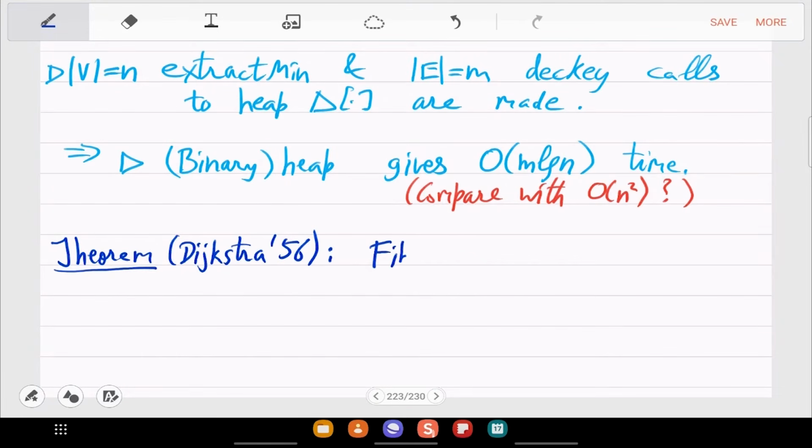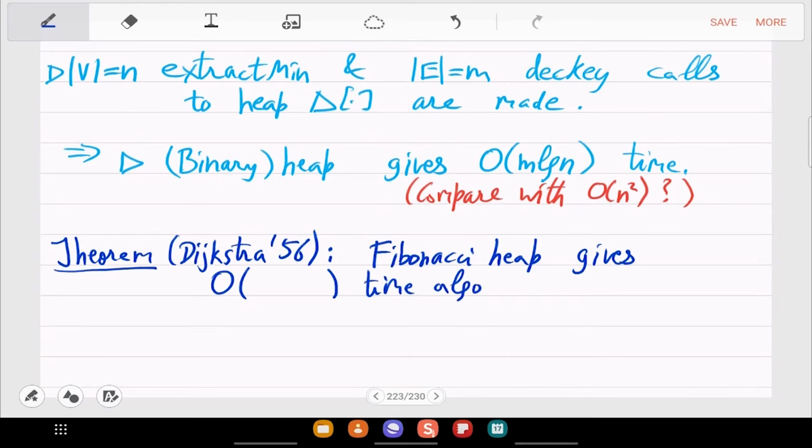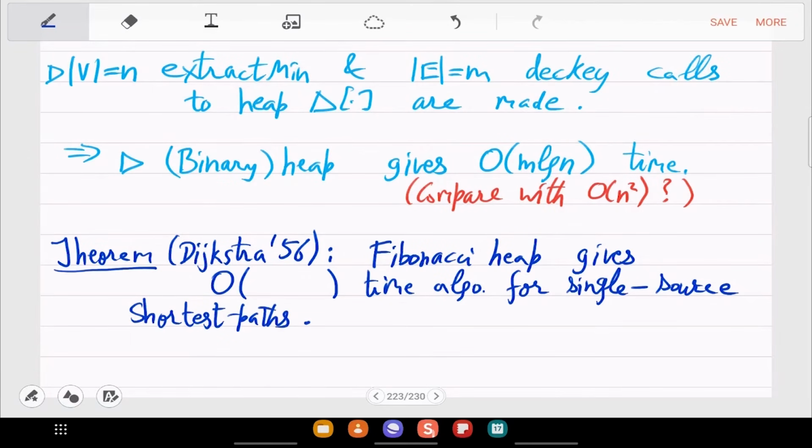Finally, if you use Fibonacci heaps instead of binary heaps, then the time complexity will be... for paths with positive weight. So what is the fill in the blanks here?